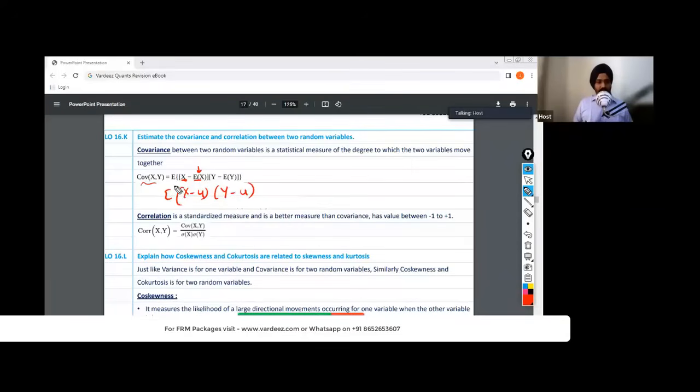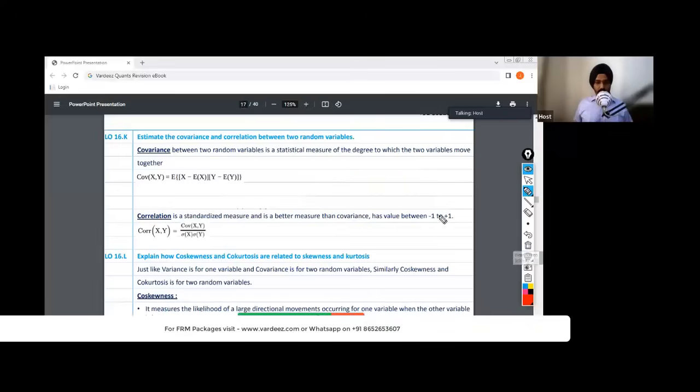That's it. You take finally the expectations, the average. That's it. You get your covariance. Okay. What about correlation? The problem with covariance is that it can range from negative infinity to positive infinity. You can have any value, which is incomparable. So correlation is a standardized measure, a better measure than covariance, and its range is between -1 and +1. So no matter however you calculate your correlation, the answer is always going to be within this boundary, within